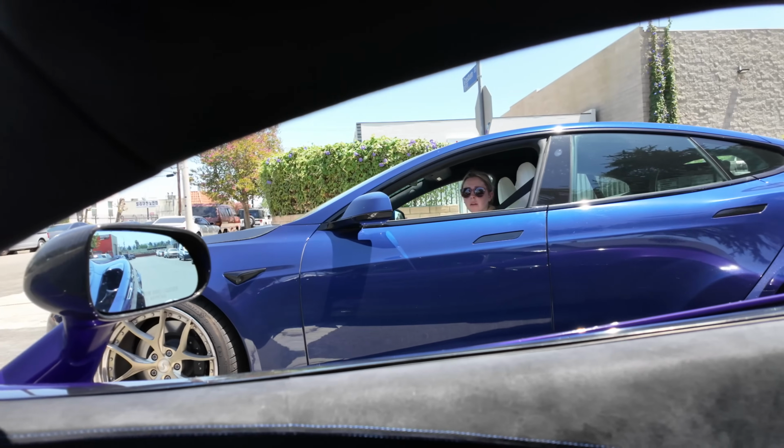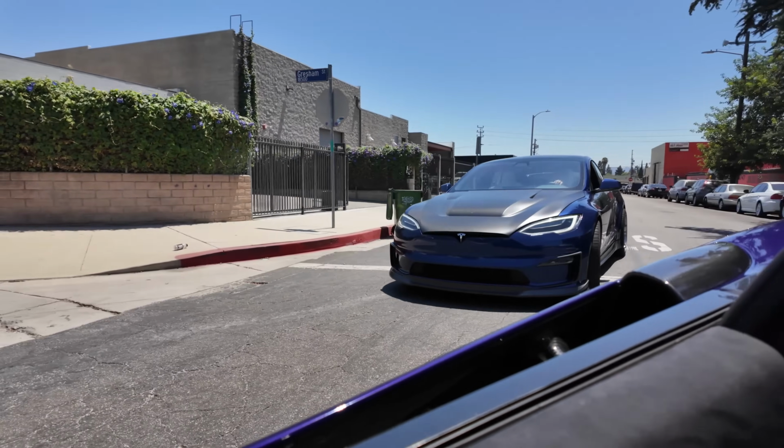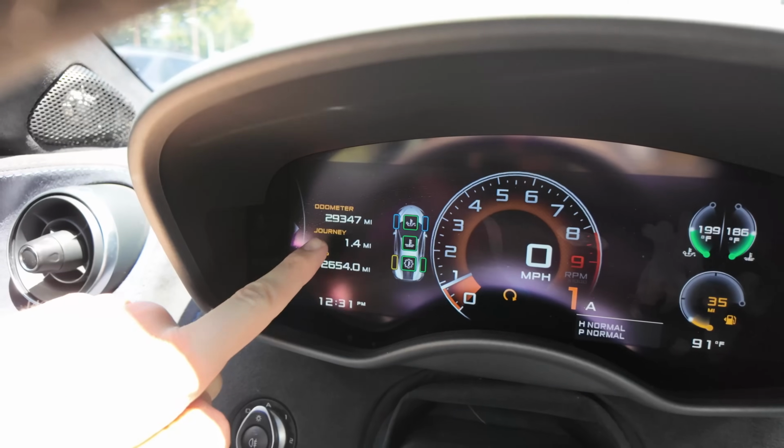Hello. Cool seeing the Tesla out on the road. Damn, this thing looks crazy rolling. Here comes Christine in the Plaid. Look at that,